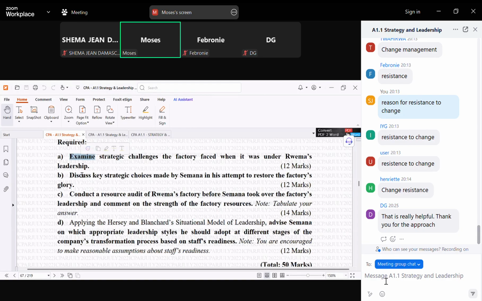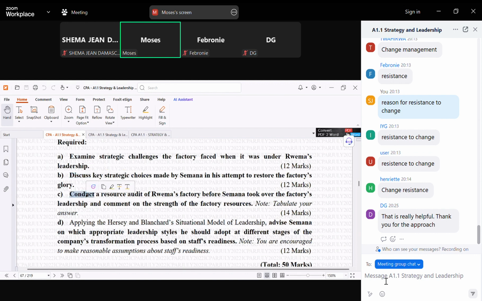And then discussing and explaining are almost the same. It simply means give your answers with a bit of explanation, with a bit of discussion. Don't simply provide short answers. Give a point and tell me why you have given me that point, why the issue is like that. Same as explain.